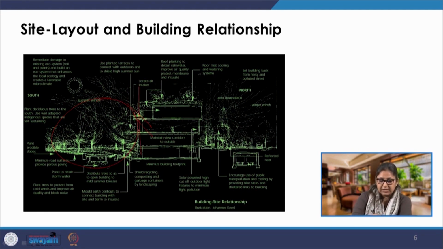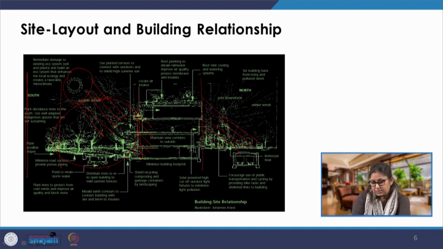So, there will be shading on the building. There will also be views towards the green, or there may be views which will be obstructed by the trees of the available views beyond that. There will be cutting down of sun. So, whether we want that or not, we will also be looking at what is the impact of this building